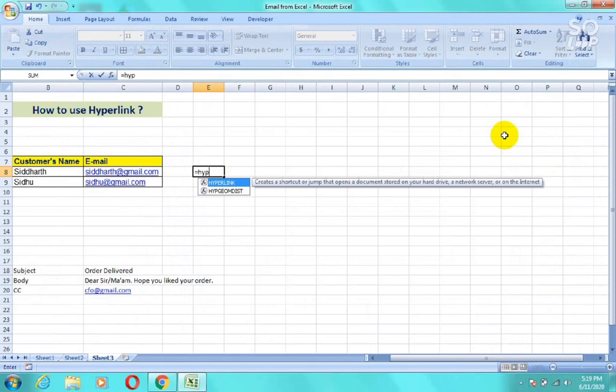Simply type =HYPERLINK( open bracket, and in link location we will use the location of our customer's email address, that is C8.